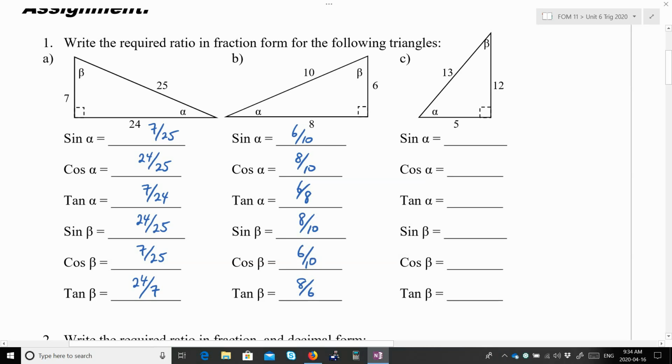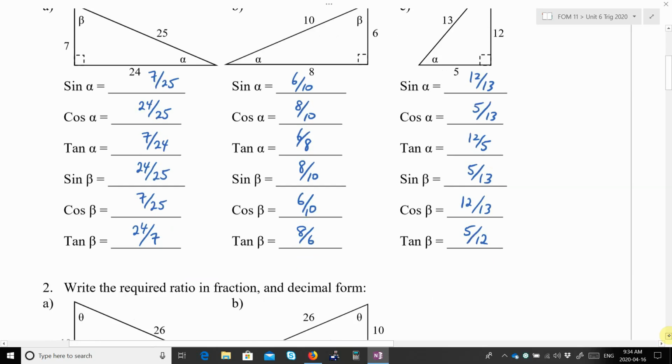And letter C, sine alpha is 12 over 13, cos alpha is 5 over 13, tan alpha is 12 over 5, sine beta is 5 over 13, cos beta is 12 over 13, and tan beta is